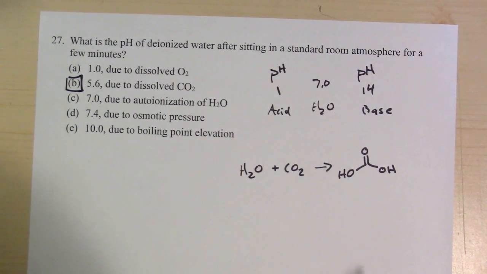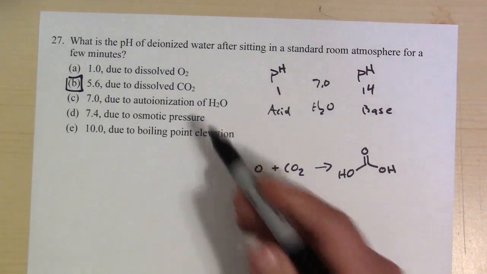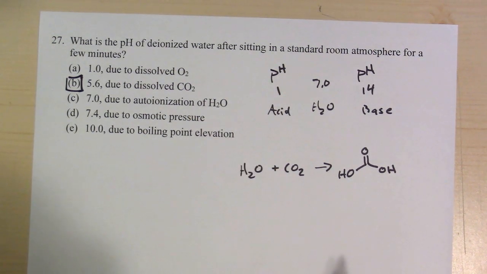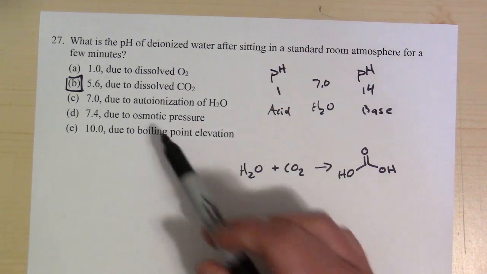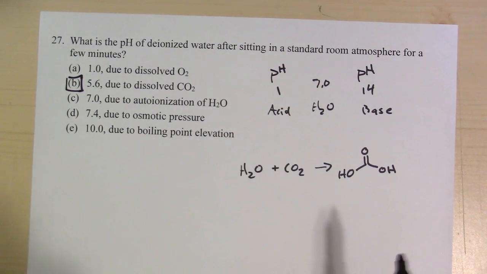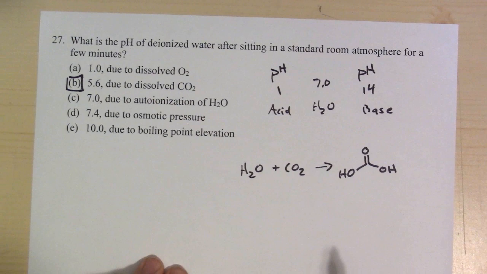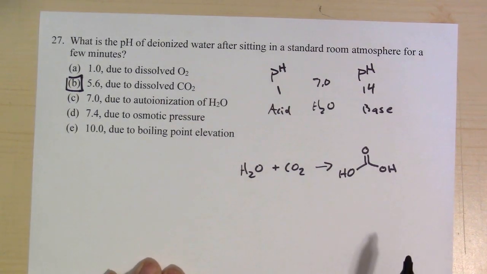7, due to autoionization of H2O. Even if it were to ionize, that wouldn't necessarily change the pH. 7.4, slightly basic, but there's nothing that would cause it to have any osmotic pressure. There's no barrier between the water and something else. And 10.0, quite basic due to boiling point elevation. Boiling point elevation shouldn't have any effect on the acidity or basicity of the water, so B here is our